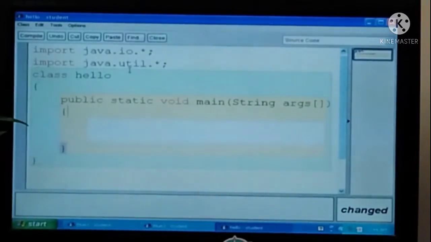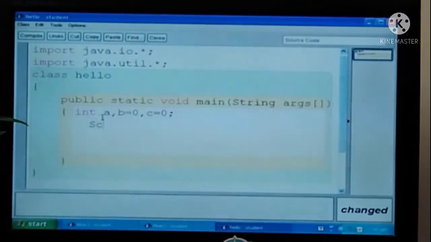Now we will do a simple program with multiple ifs. So the same java.io, java.util, and the class, public static void main. Here again I am taking a variable a, and a variable b, which I am assigning with 0, and c assigning with 0.